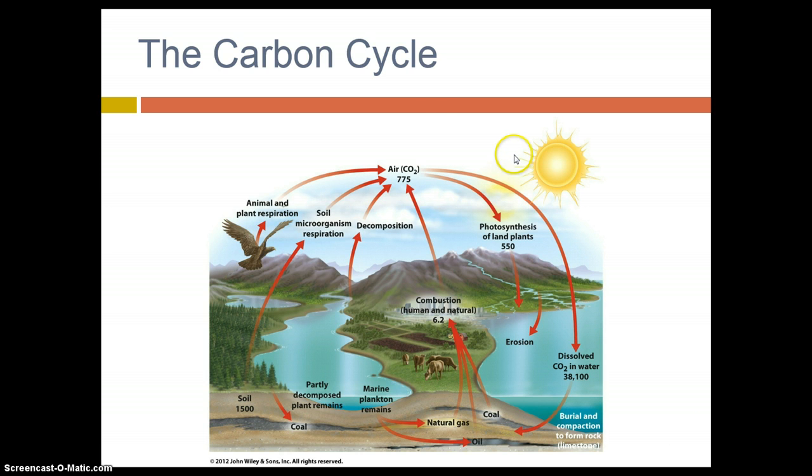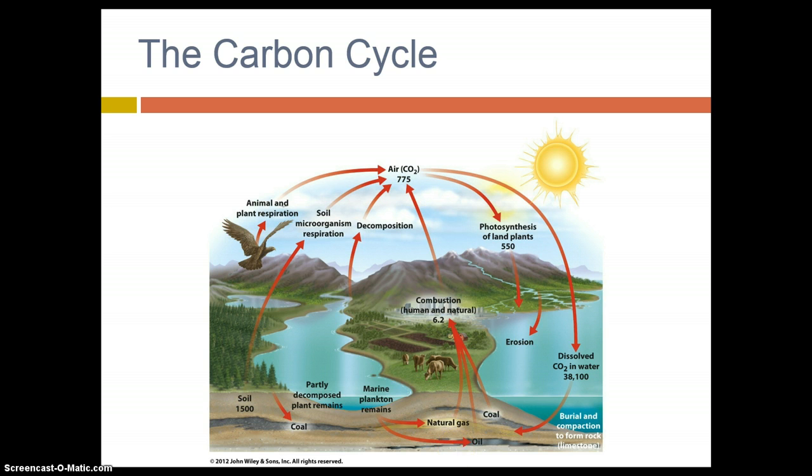So here we have the carbon cycle, and one of the things that I like to point out is how carbon cycles through the earth and the atmosphere, and that human combustion is only one facet of a multifaceted cycle. Okay, so you can read in your book about how carbon is emitted and how it's sequestered. Those are called sources and sinks of carbon. And you can see that it cycles throughout the environment under a number of different